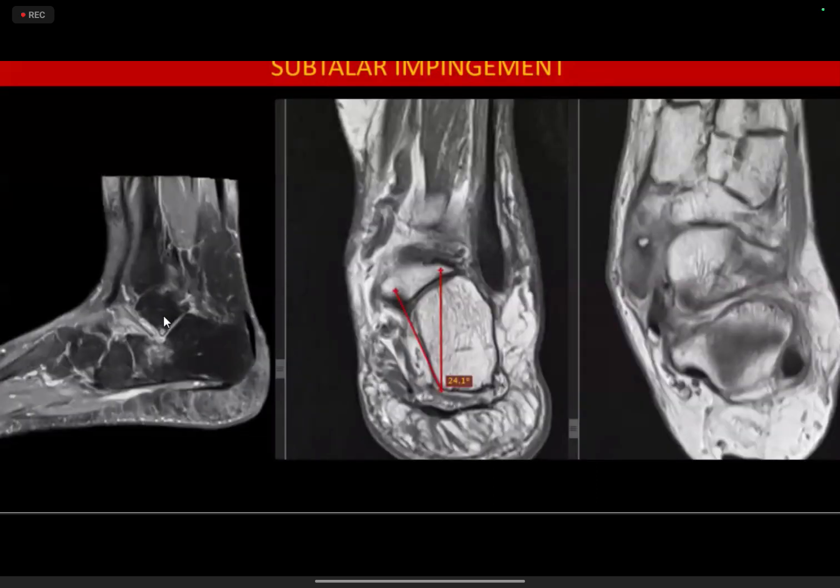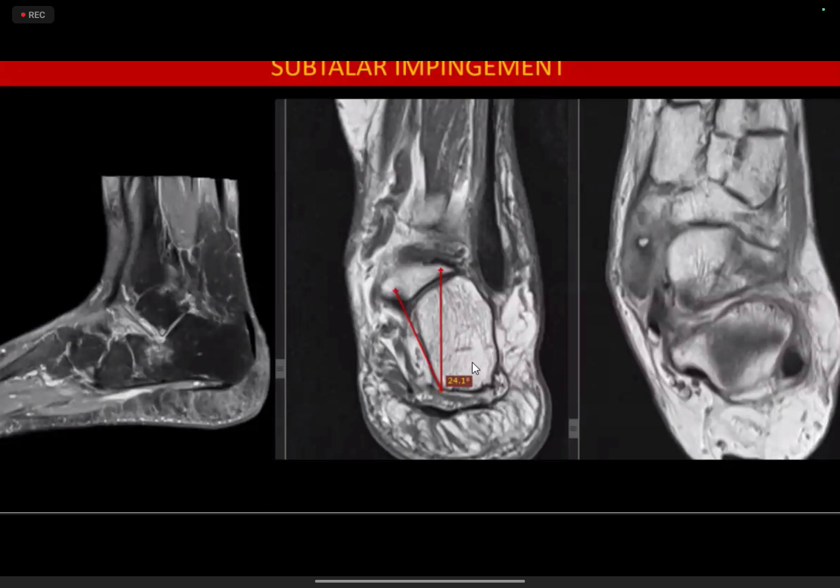Similar case, we can see extra-articular subcortical cystic changes, corresponding bone marrow edema. We can see an increased hindfoot valgus angle. We can see soft tissue and synovitis, right? And how do we calculate this hindfoot valgus angle? It is formed by the intersection of the line which is parallel to the medial calcaneal wall and a line which is parallel to the long axis of the tibia. Normally it is 6 degrees, and when it is increased, there is resultant flat foot